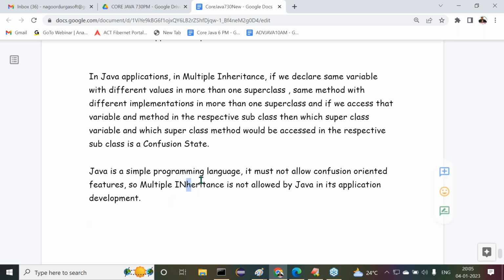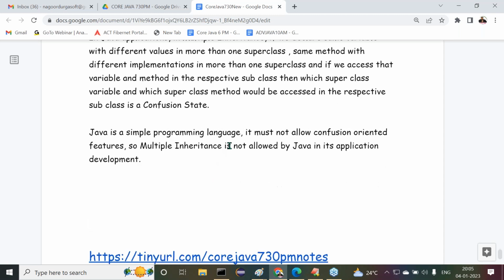But how is multiple inheritance restricted inside Java? How was inheritance practically restricted? What manipulation has Java done to avoid multiple inheritance? Further, I'm giving some clarity. Now try to understand this clearly. To avoid multiple inheritance in Java applications, Java has defined